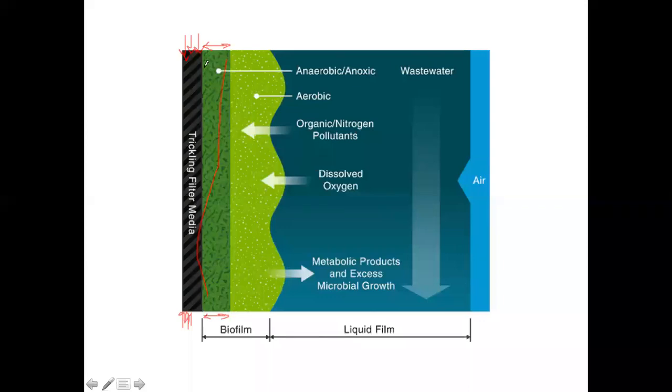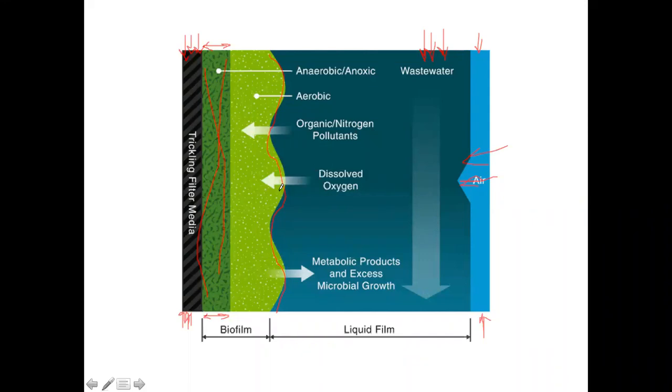So this is a thin biofilm, and when the wastewater coming from the top passes through, it touches the biofilm and the growth of biofilm takes place. The biofilm will get thicker and thicker. Obviously, air will pass through along with the wastewater coming from the top. Air will penetrate from the top, and air can also enter from the bottom.